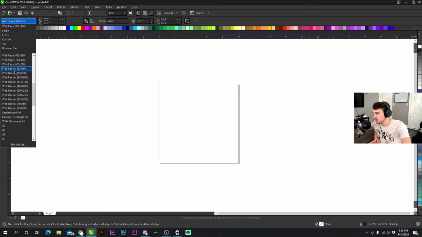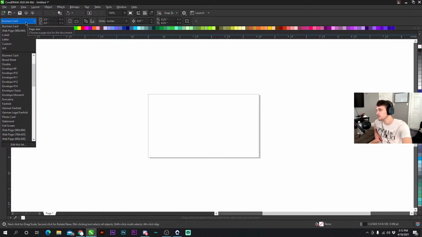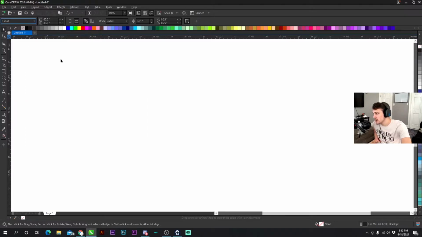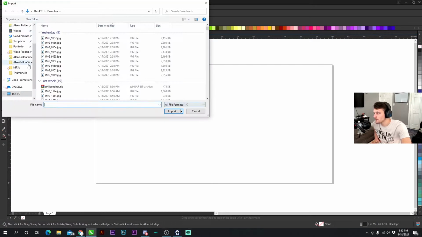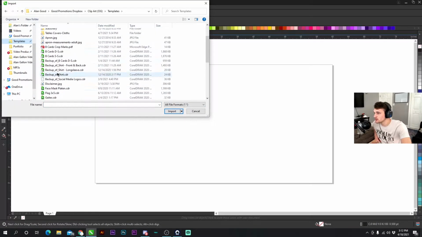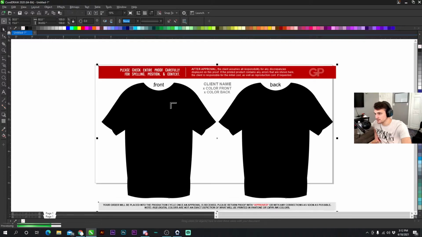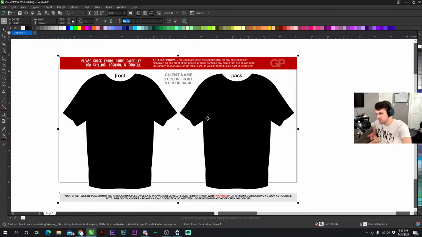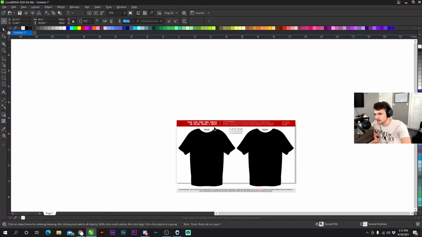So if you're working on a t-shirt, your canvas is going to look a lot different than if you're working with business cards, because business cards are a lot smaller, obviously. And I have one set for t-shirt, 60 by 30, because my template, if I go to import templates, let's go to t-shirt, shirt front and back right here. If I import this in, it fits right on my canvas. This is all coming out wacky. It doesn't generally look like this, but